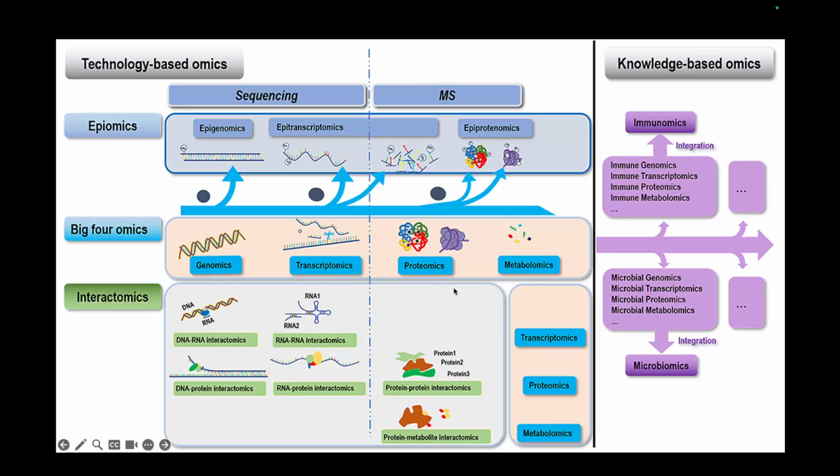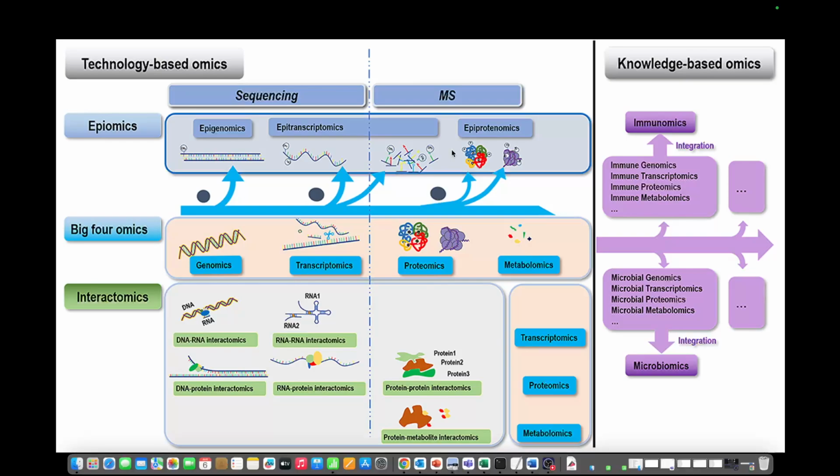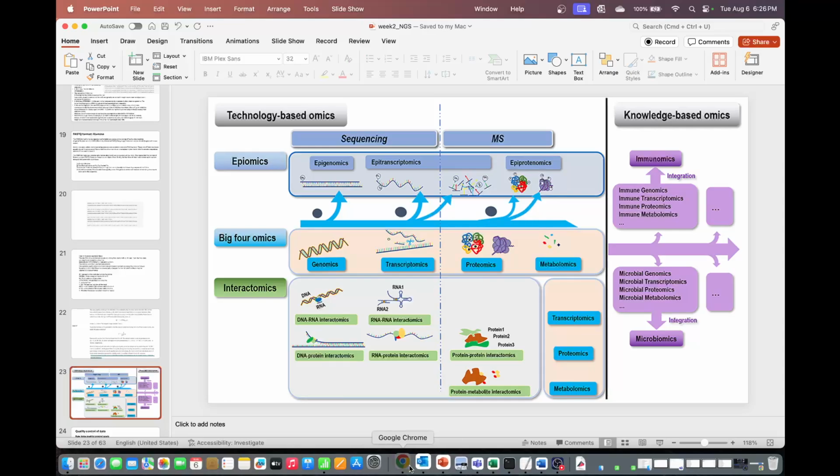So for proteins, it's proteomics. For mRNA, it's transcriptomics. For genes, it's genomics. For metabolites, it's metabolomics. If you are looking at epigenomic modifications, for example, all of you might know that in a eukaryotic system, the DNA is not actually